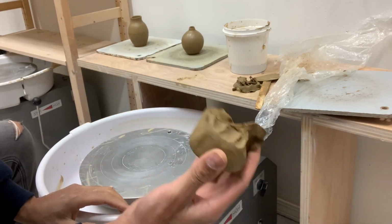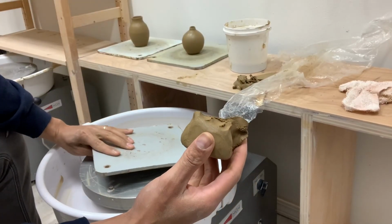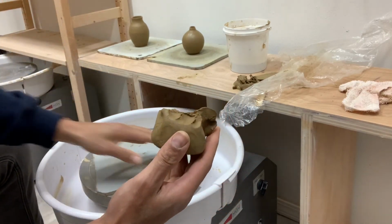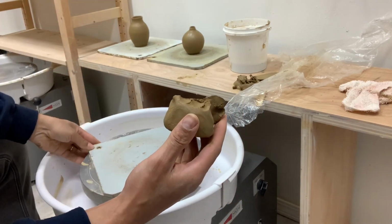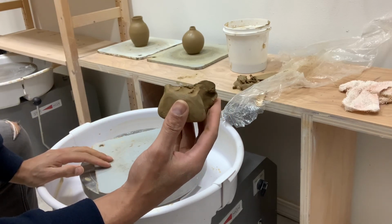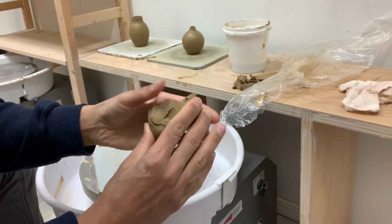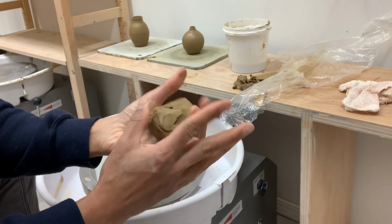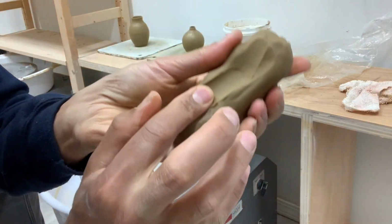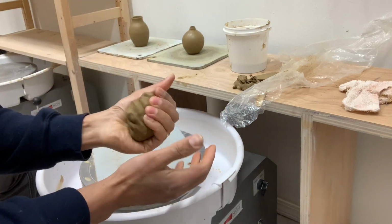So what I'm gonna do is throw with this and do another little tiny vessel so that I can fire them. I'm gonna fire one of them to cone 6 and one to 04, and we can see if we could even do a little vitrification test. So anyway, it's really nice material. I like it, but I don't like it. It's got a strange